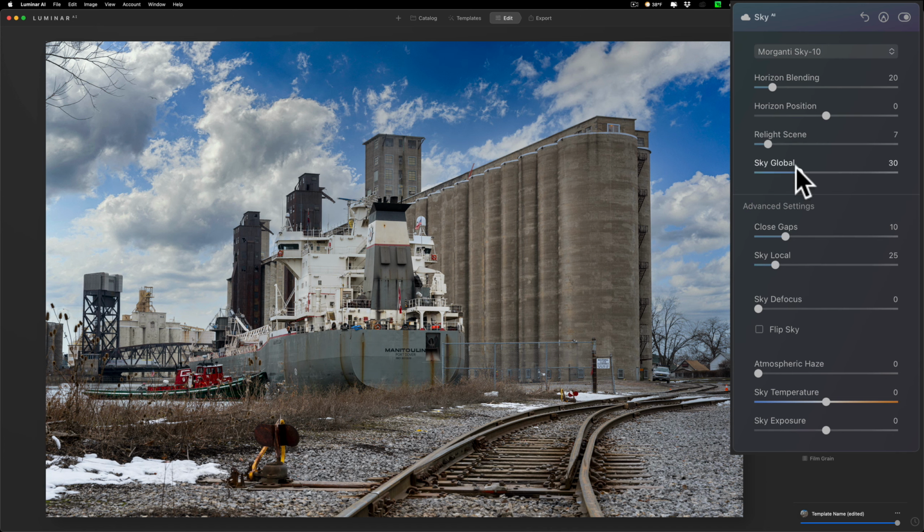Sky local is similar to sky global. It's just one affects the global sky, the new sky, and the other one affects the local sky, which was on the original image as much. It makes it blend. You can see as I move this to the right, it's starting to allow the new sky to come in on the white of this freighter here. So we don't want that, obviously. So we'll reset that. Sky defocus, this is an important slider because, you know, if I had something in the